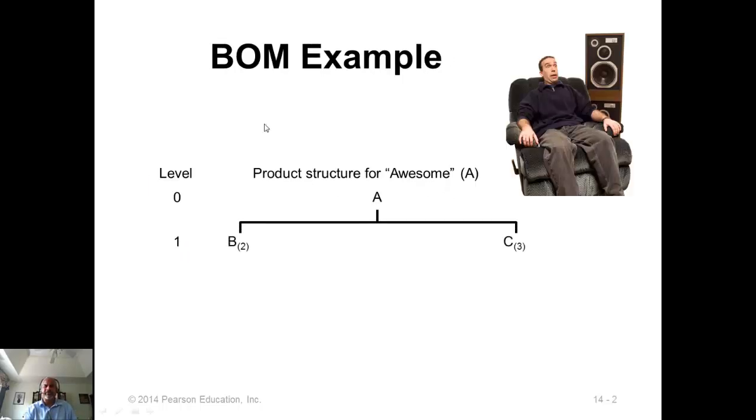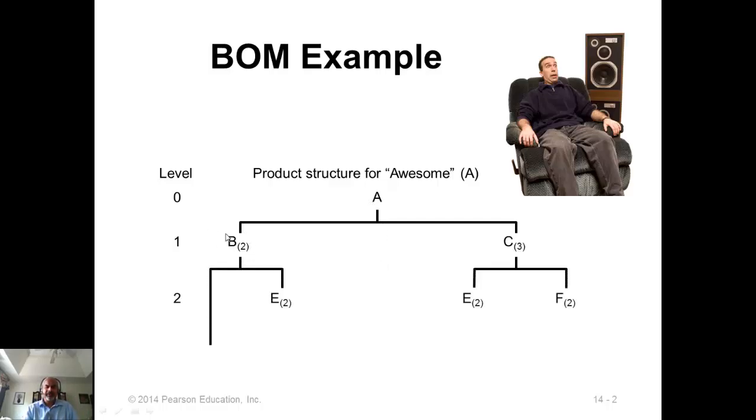So here is an example. So A is at the top, and this is your item that has no parent but has children, and the number that you see within brackets here as a subscript is how many units of this item you need to produce 1 unit of the parent. So this here means we need 2 items of B and 3 items of C, and when you put 2 B's and 3 C's and go through the production process, you will end up with 1 unit of A.